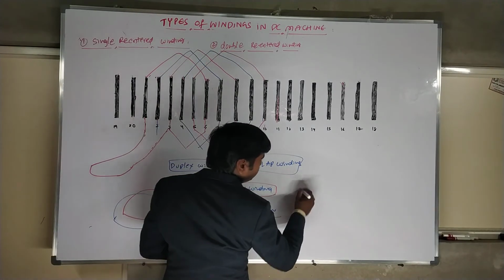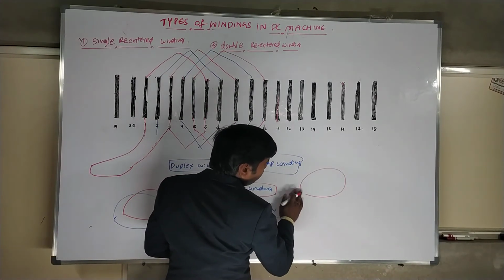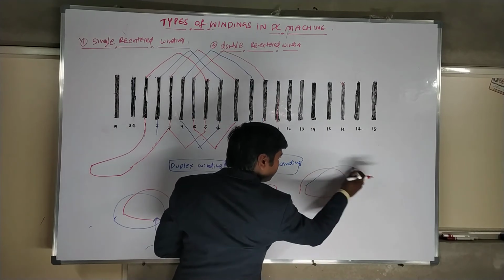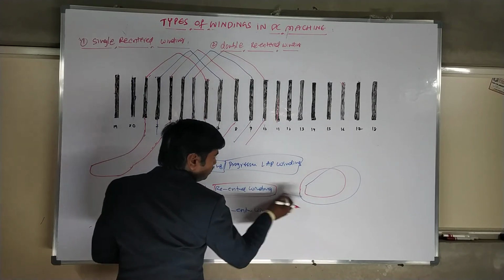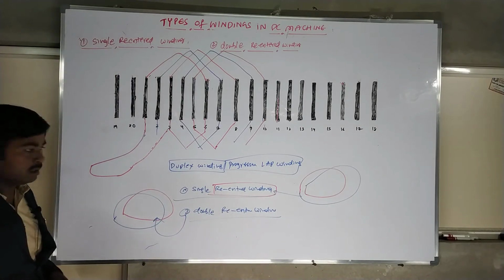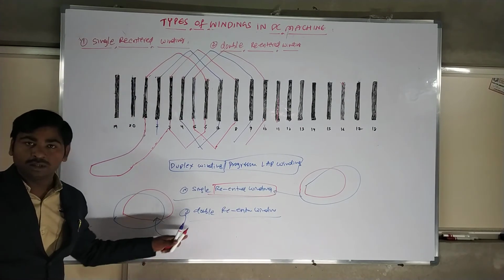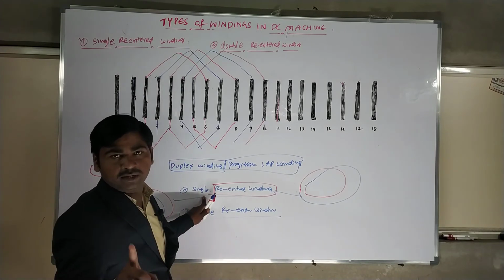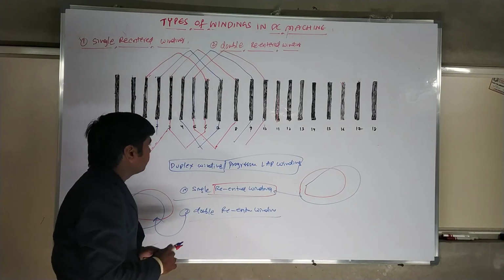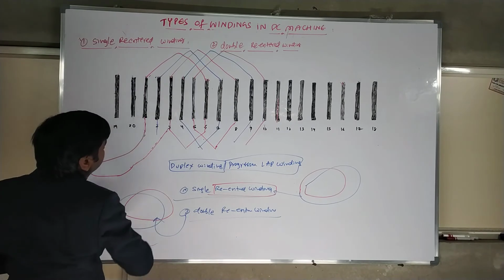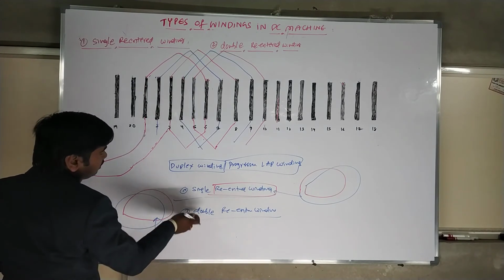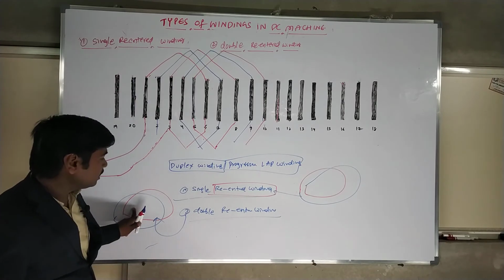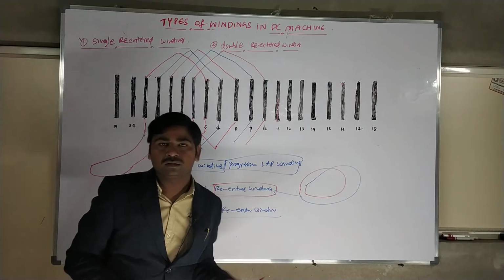Here, singly re-entered means in the first case the winding goes over here. In the second case, the same winding goes over here, connecting over here. This type is singly re-entered, this type is doubly re-entered. Here there are two independent windings. Here only a single winding layer will be there. It keeps on connecting over here. So I drew the red color as the first type, and the green and blue colors as the second type. So this is called doubly re-entered and singly re-entered windings.